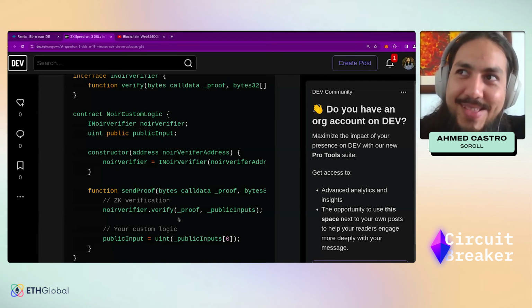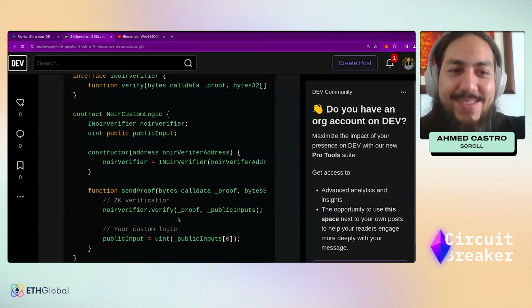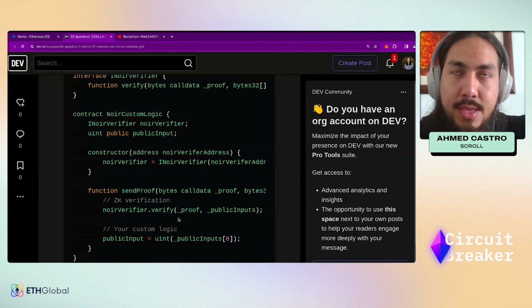Okay, and then last question, what of Halo 2? Hmm. Yeah, really good question. I thought about adding Halo 2 here, but it will definitely not be a speedrun at all. Halo 2 is actually not a DSL, but